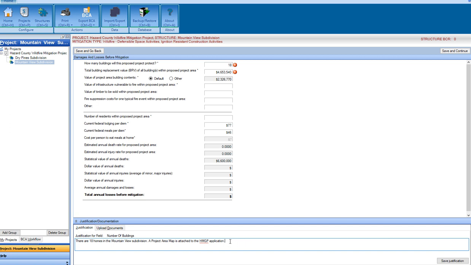In this case, I suppose you still could do that. Feel free, but I'm not going to do that. This justification comment would be enough, and it would allow me as a reviewer to reference that application or that attachment. So I'm going to save that justification,